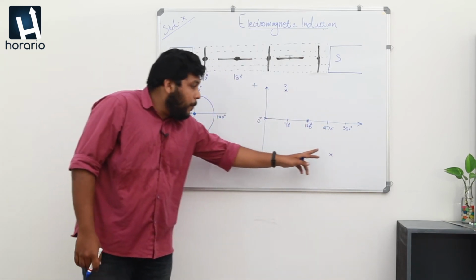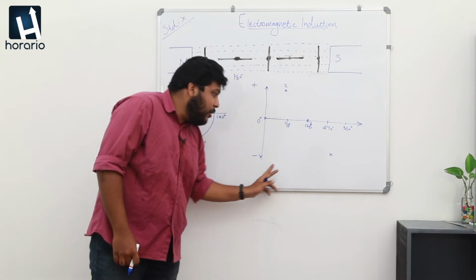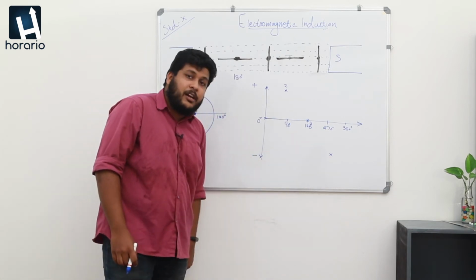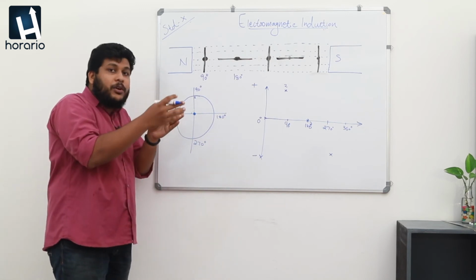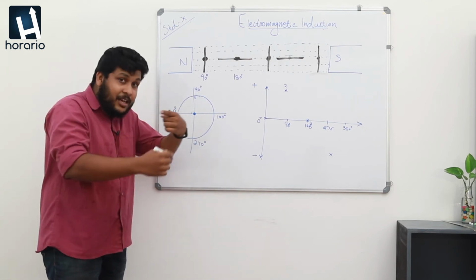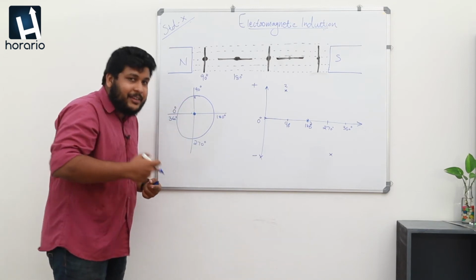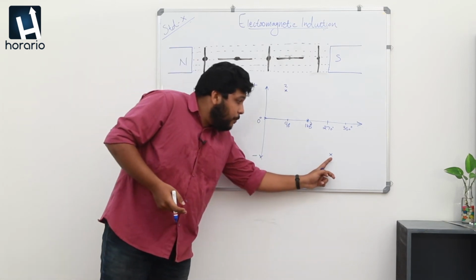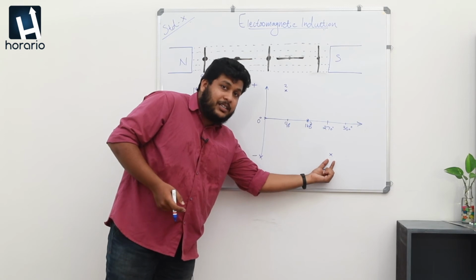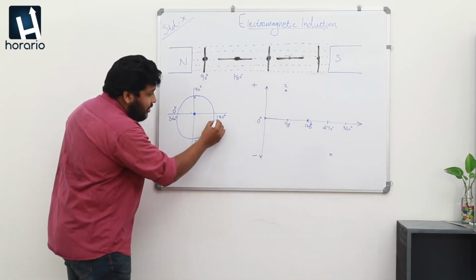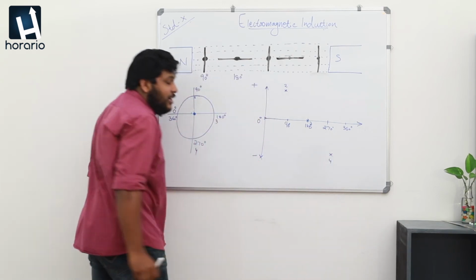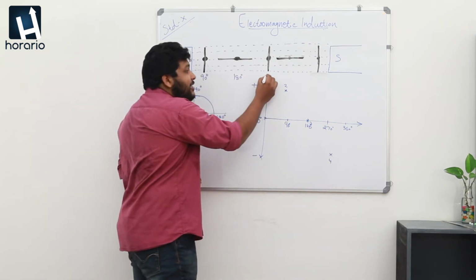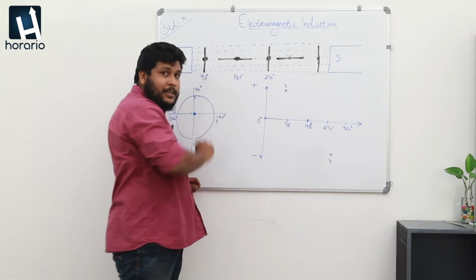Why have I plotted this point at the below position of this graph? Because the rotation is taking place. It's not going in a similar direction. It is revolving inside the magnetic flux. So here we denote the fourth point. Here it is the third point and the fourth point. Our fourth point gives us the maximum flux linkage at 270 degrees.